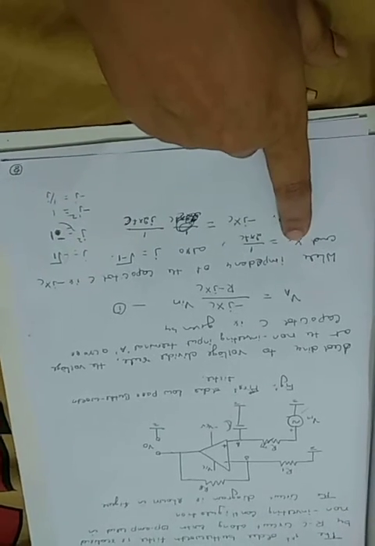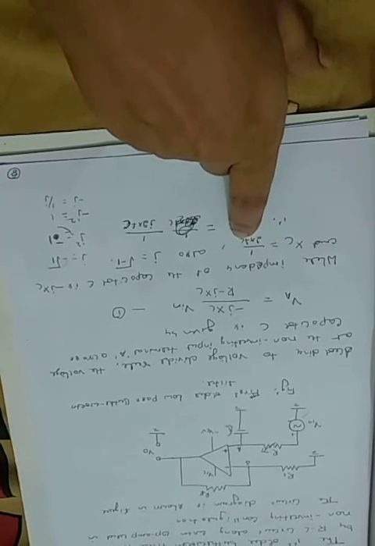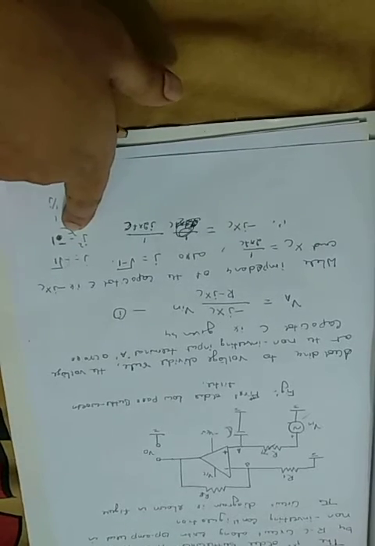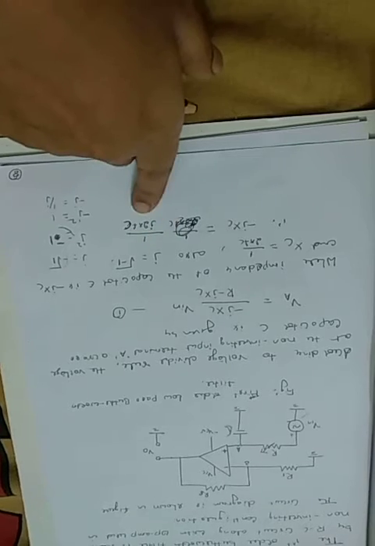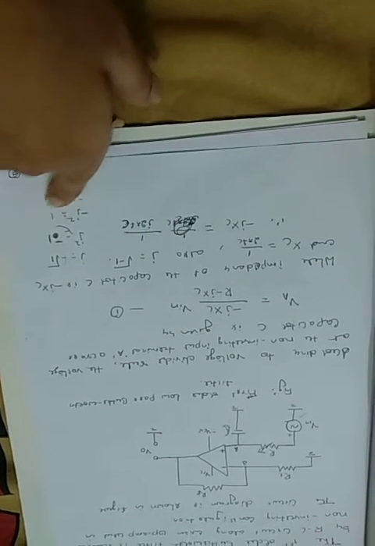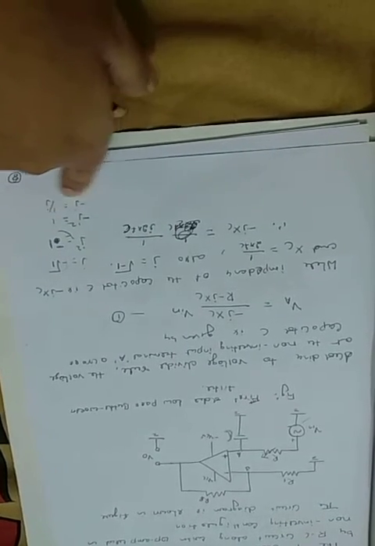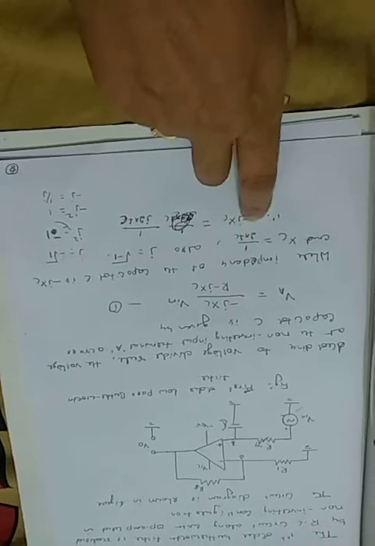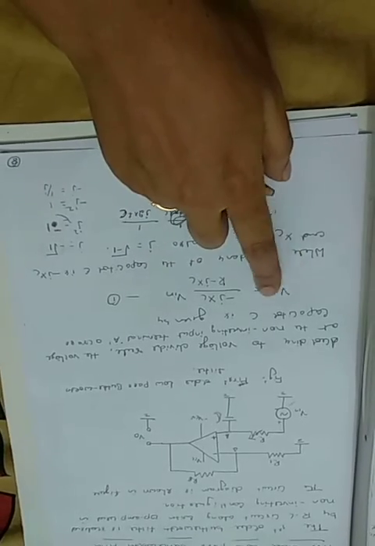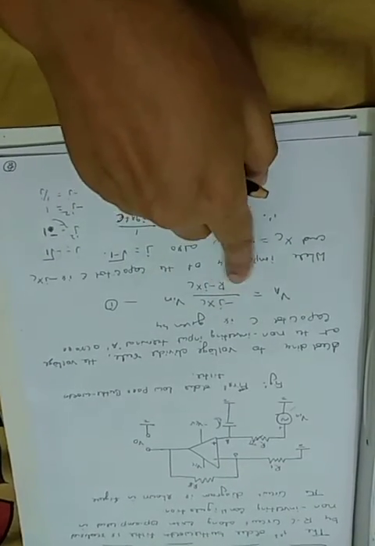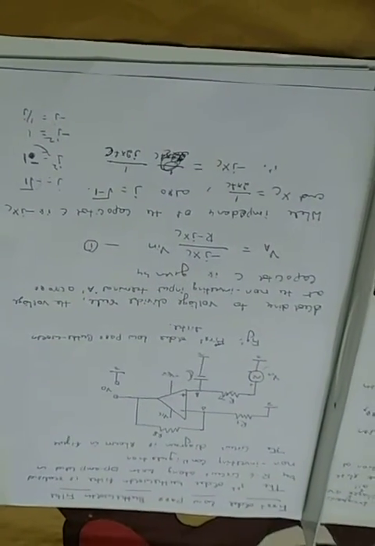But what is XC? XC is equal to 1 divided by 2 pi FC. And also we know that j square is equal to minus 1. So minus jXC can be written as 1 divided by j 2 pi FC. If j square is minus 1, minus j square will be equal to 1, so minus j is equal to 1 by j. So we are replacing minus j by 1 by j. So now the potential at VA is minus jXC divided by R minus jXC into Vin, that is the small AC signal applied, where XC is the impedance of the capacitor.